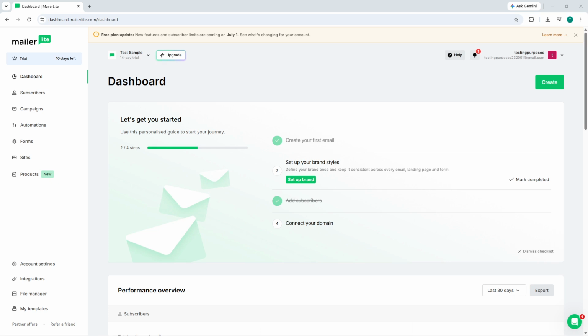In today's video, I'm going to show you how to create a fully functional landing page directly within MailerLite, the powerful email marketing platform that's perfect for capturing leads and driving conversions. MailerLite makes it incredibly easy to build beautiful, high-converting pages without needing any coding knowledge. If you're looking to grow your email list, promote a product, or simply generate interest in your business, this is